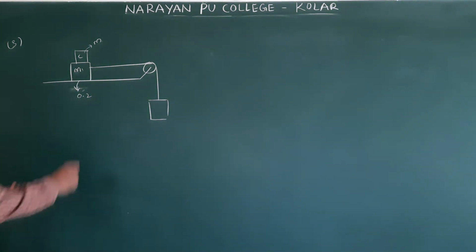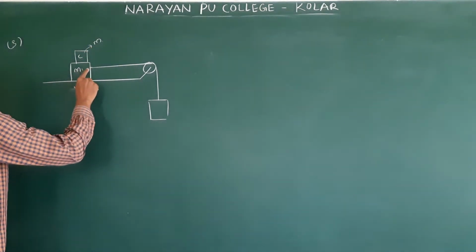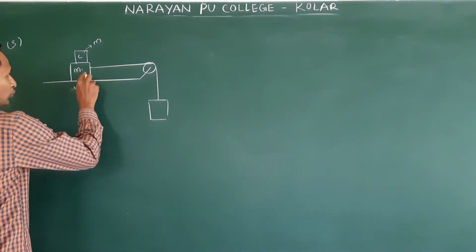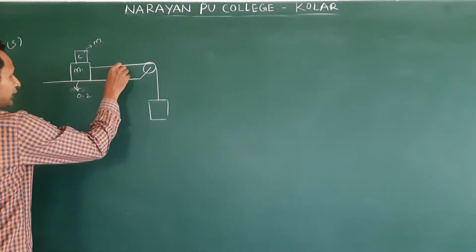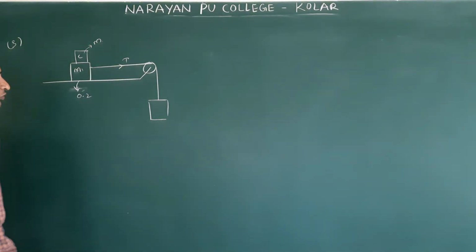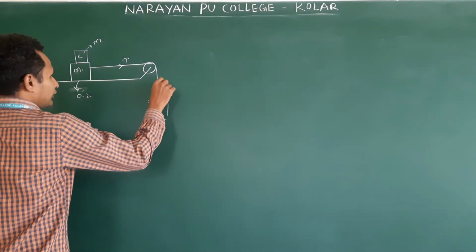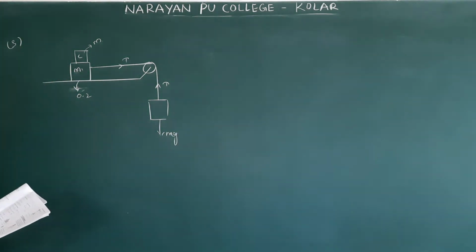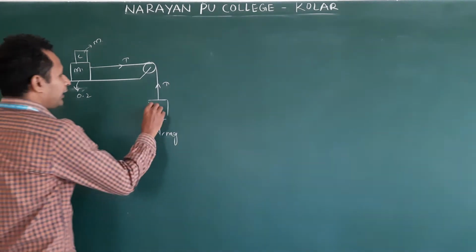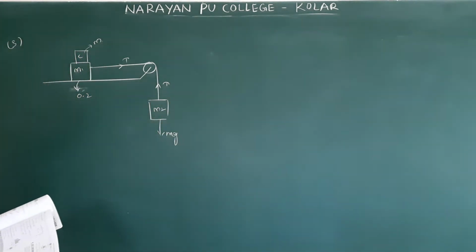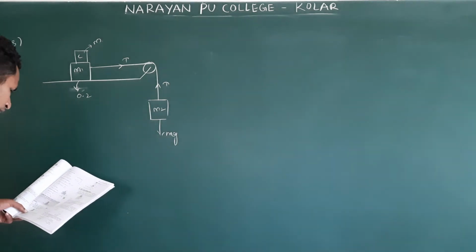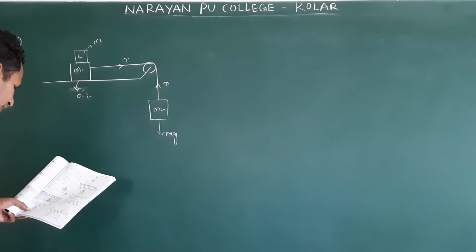So we need to place a minimum mass so that it prevents the motion. Who pulls this object here? Tension. Why is tension acting in this direction? Because of the weight. This is M2. A and B, one is 10 kg, another one is 5 kg. This is 10 kg, this is 5 kg, right? M2 will be taken as 5 kg, right?